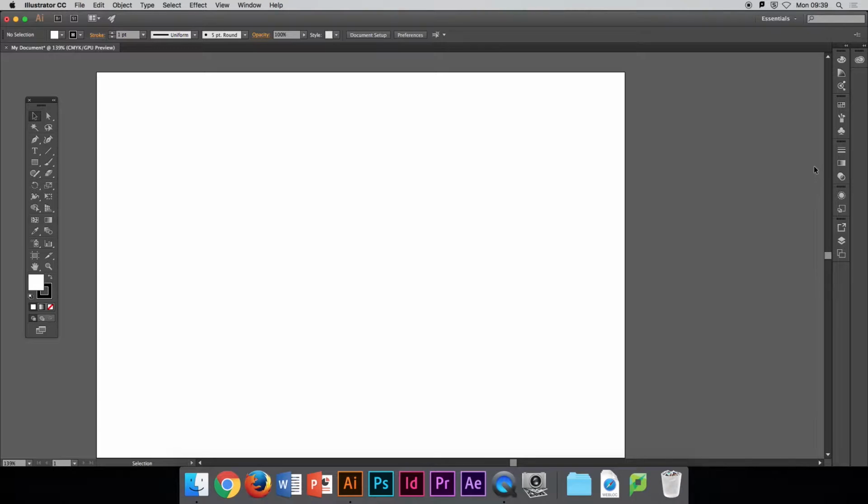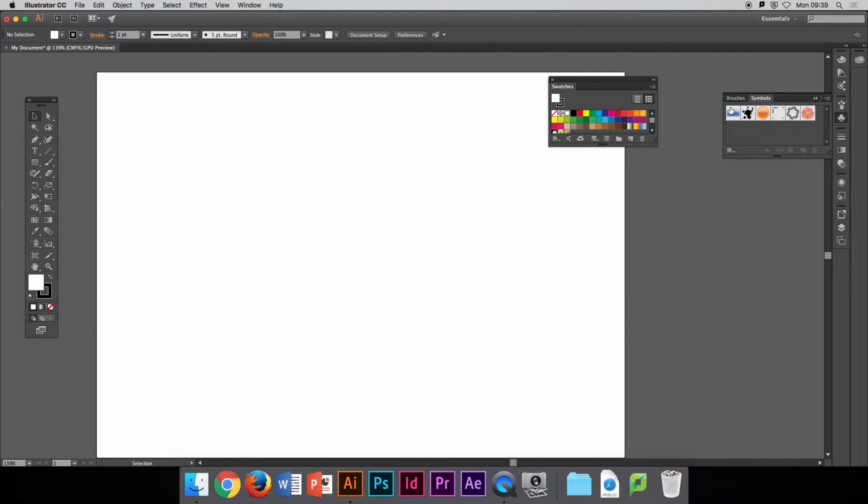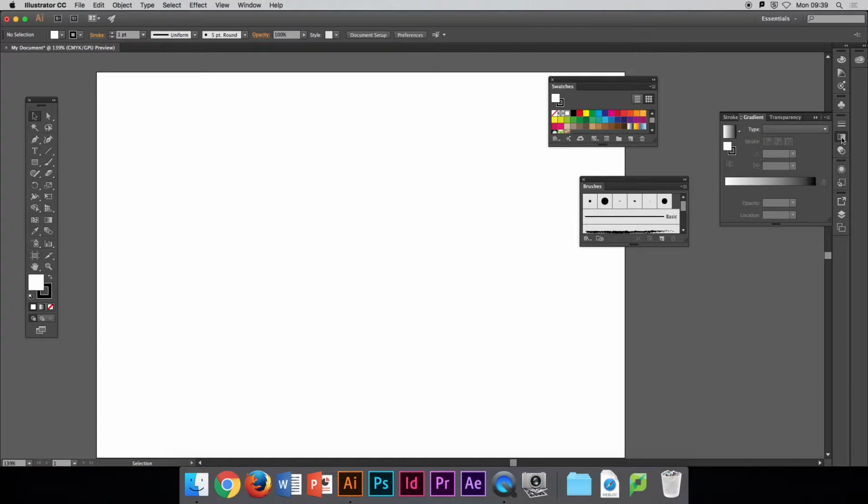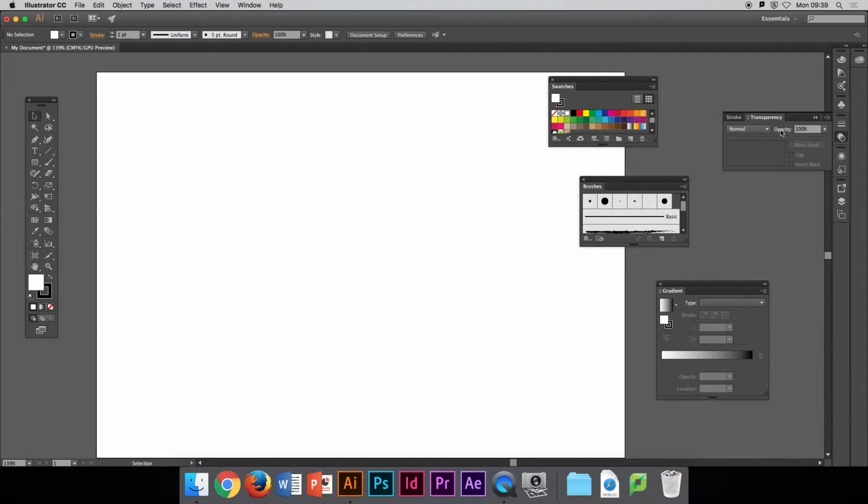Other things we can do with these panels, we can select individual panels to expand them, and usually you'll find that some panels have other panels inside or docked with them. So with swatches, I've got brushes and symbols. We can drag these panels out. I can click and drag and create a floating swatch panel. We can do the same with the others. We can select other panels and drag them out, expand them out, and I can dock them together and create